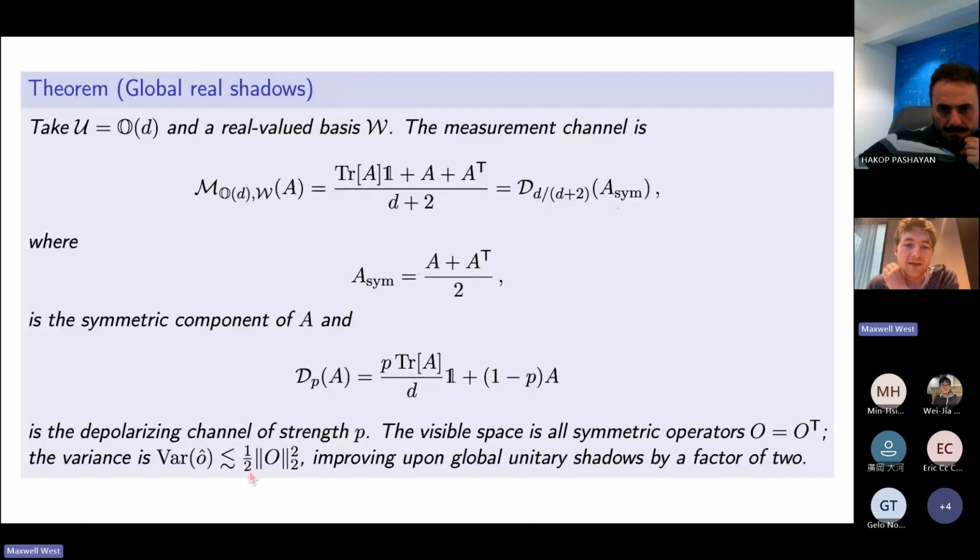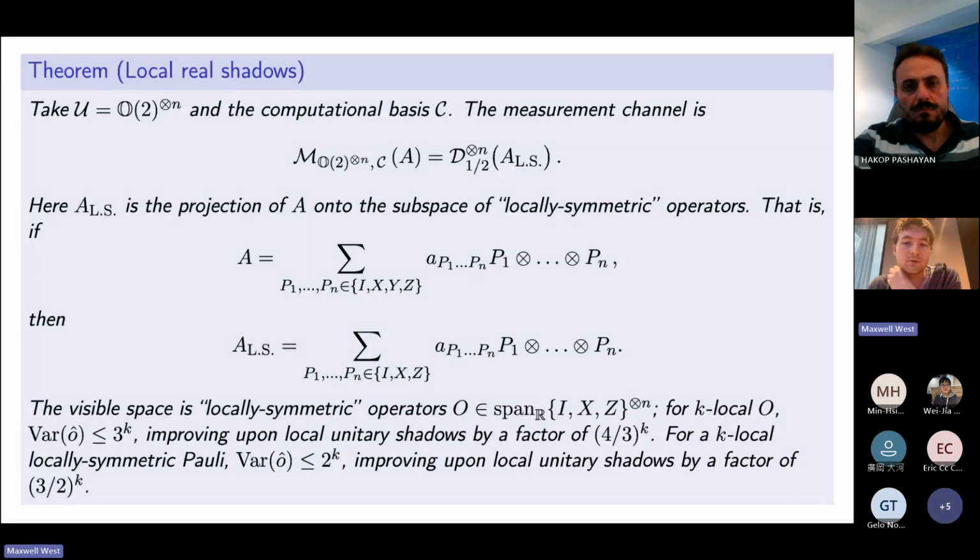But here we get this extra factor of a half, which is basically, if you then put that into our sample complexity formula from earlier, where the variance just enters multiplicatively, this is basically saying you only need to take half as many samples to get the same level of confidence that you would if all you care about is symmetric matrices. Okay, so that's maybe kind of cool, but it's only a constant factor, right?